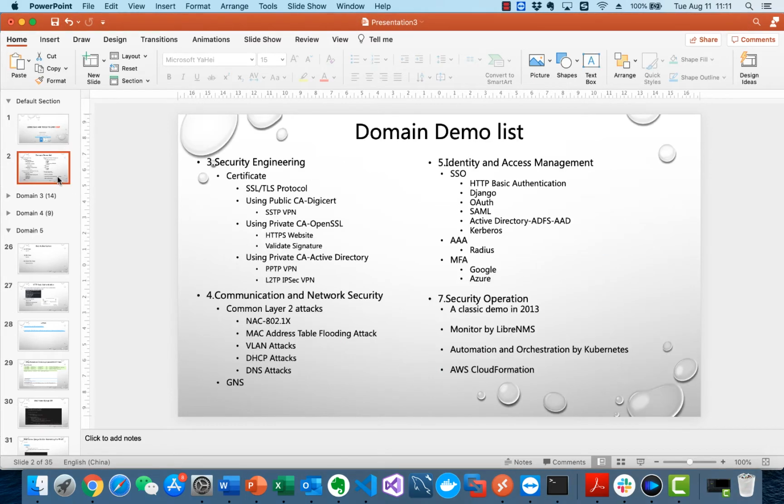All right, now we are in the last domain. I can demo for you about the CISSP course, and we have gone through domain 3, domain 4, domain 5. Now we are in domain 7, security operation. Security operation is a large concept. It's very, very huge. You can relate it to lots of different